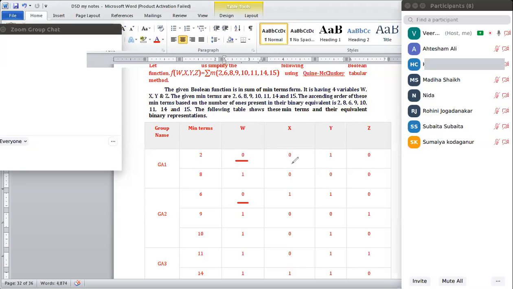Now, for the second binary bit, the 2 is 0, the 6 is 1. So now here I have got one difference. 2 is 0, 6 is 1. And again, I'll go for the next bit. 2 is 1, and 6 is also 1. 2 is 0, 6 is 0. So out of these 4 bits, only one bit is going to be differed.